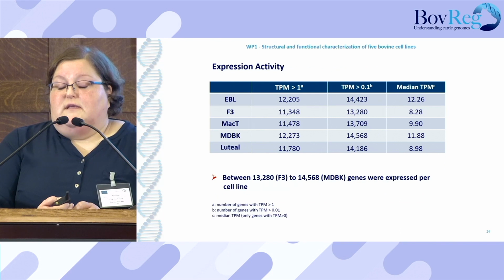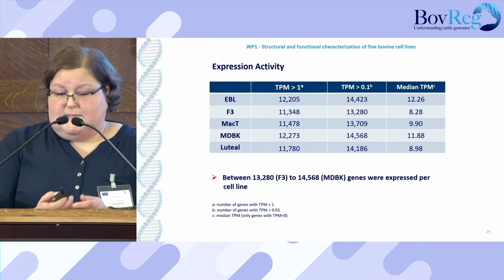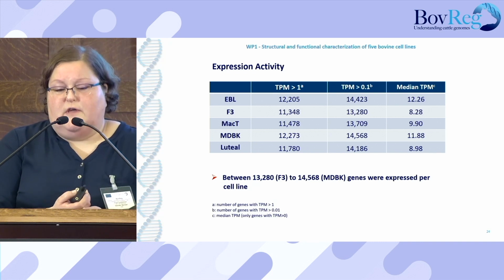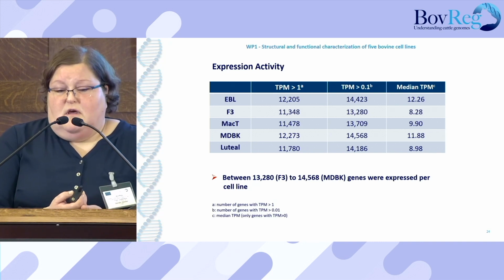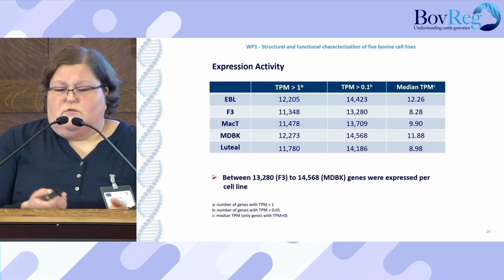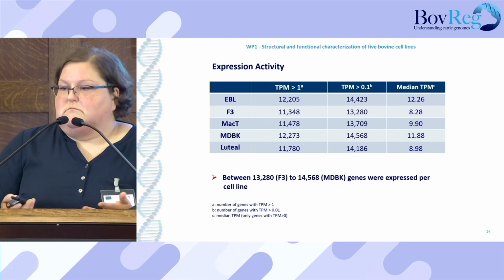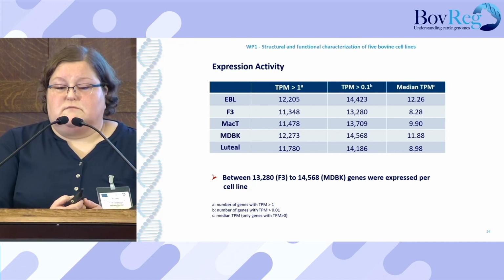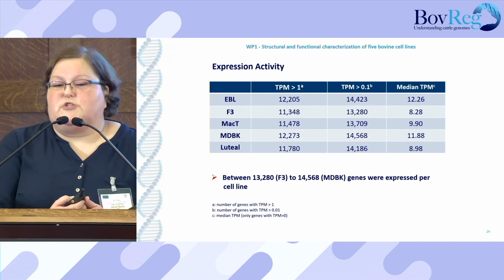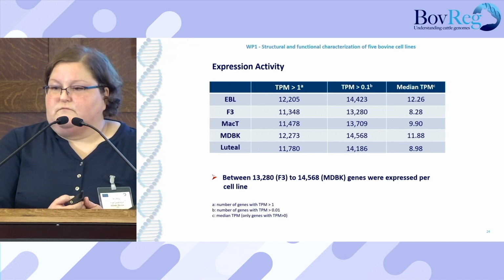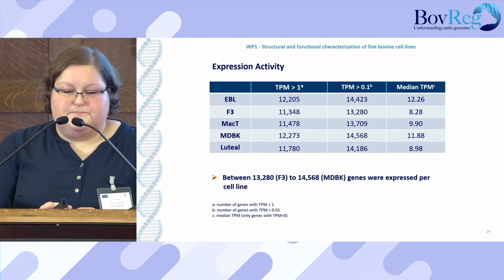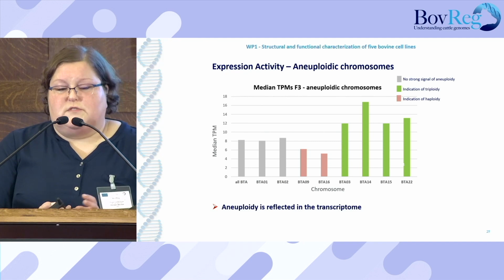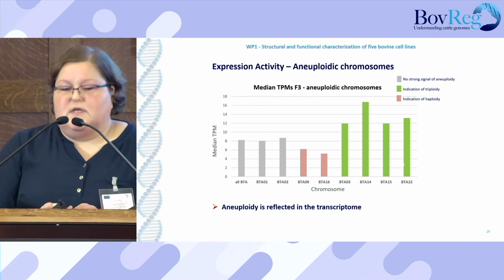When we look at the expression activity of the cell lines, we found that between 13,200 and 15,500 genes were expressed per cell line, but there was not anything that stood out. But we were interested in investigating if the expression activity is actually influenced by the ploidy of the cells. And so we plotted the median TPM for some diploid chromosomes and for the aneuploidic chromosomes